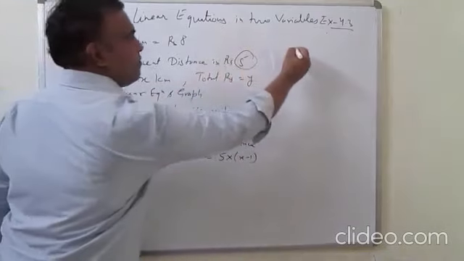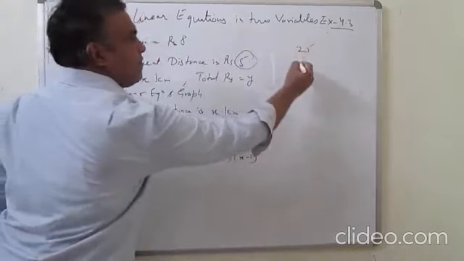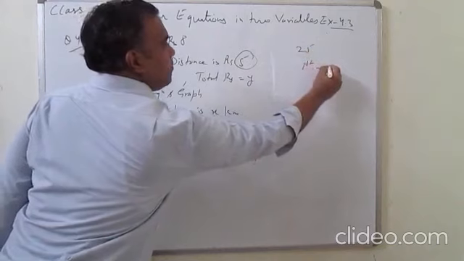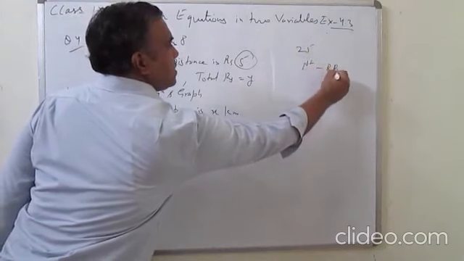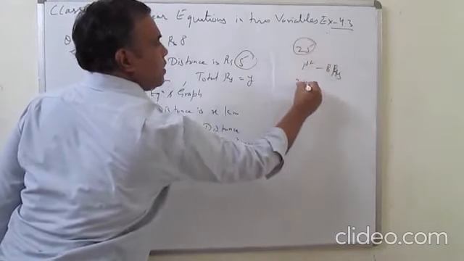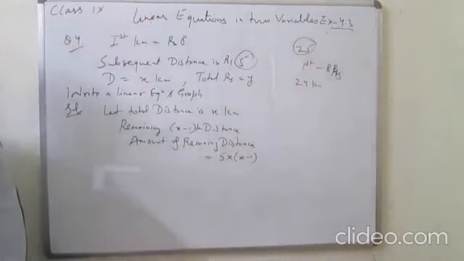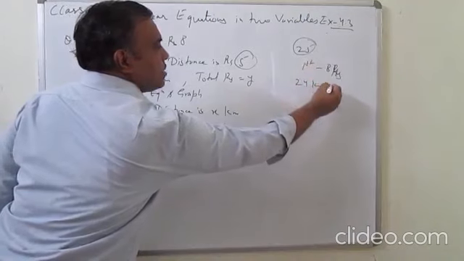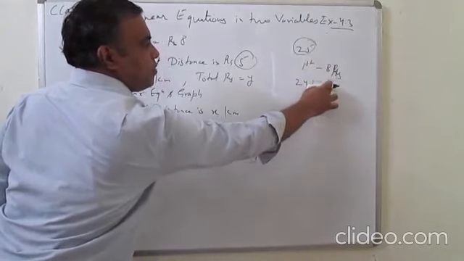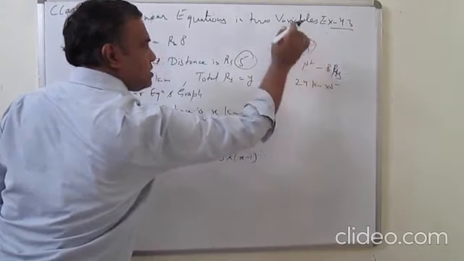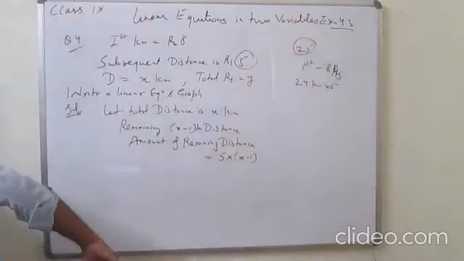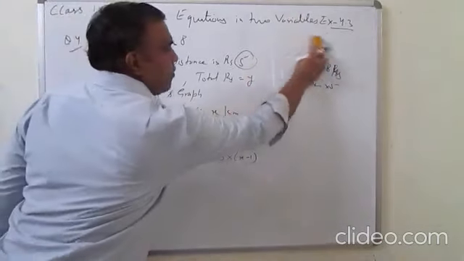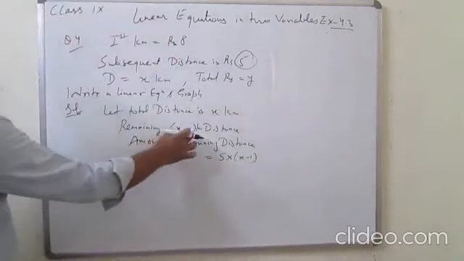सपोज you can travel for 25 किलोमीटर, फर्स्ट किलोमीटर का आपने दे दिया 8 रुपीज, ठीक है, तो रिमेनिंग कितने बचे, 25 किलोमीटर, ठीक है, तो रिमेनिंग का पेमेंट कैसे करेंगे 5 रुपए के हिसाब से, 24 into this, और टोटल किराया कितना हो जाएगा this plus this. This is suppose, I will explain. Now here instead of 24 it is x minus 1.